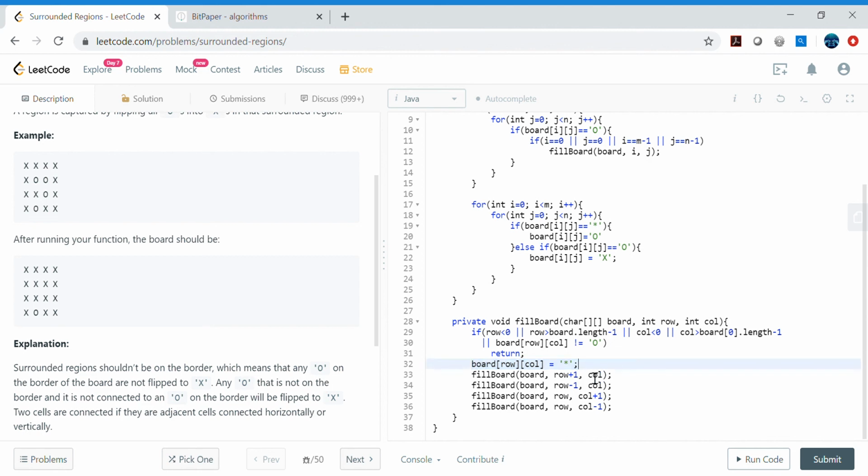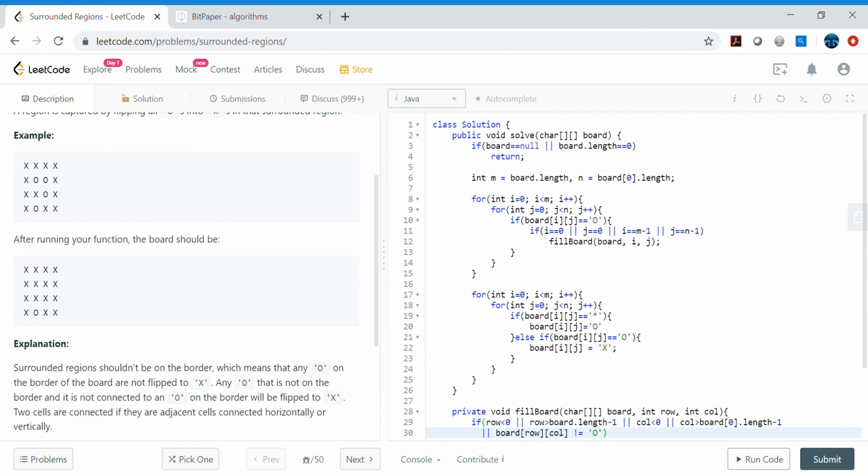So we are just using the same matrix to make sure that we are not updating the same cell again and again, and that's why we are marking this as a star. If it is a star, we return from here, and if it is X, we also return from here. If it is O, then it comes here and we update O to star, not X. Okay, sorry. So that's exactly what we are doing.